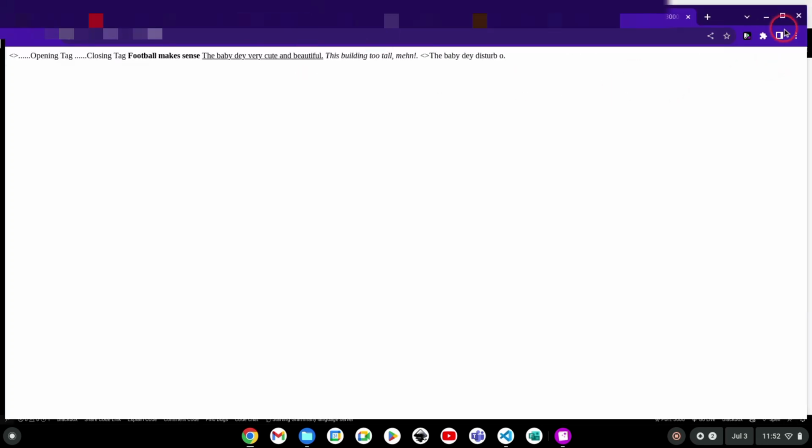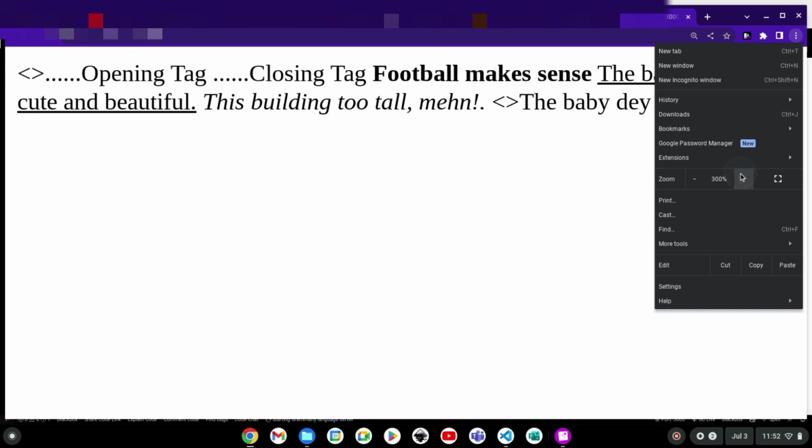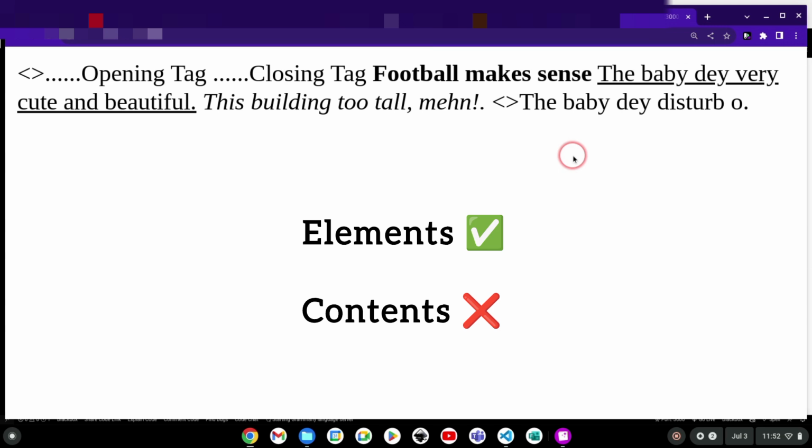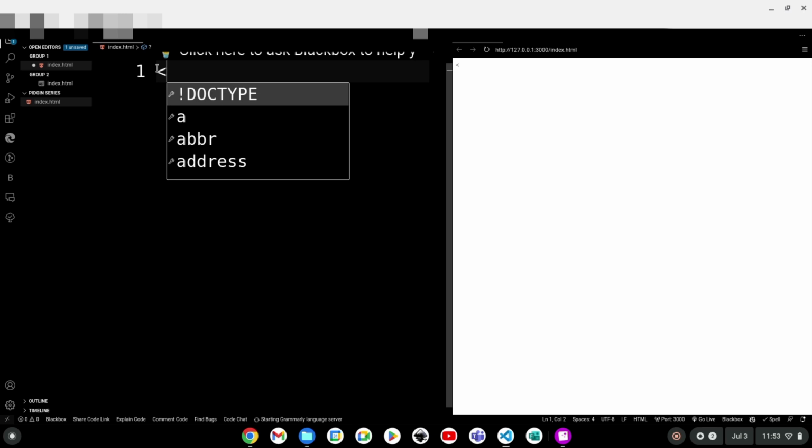I want you to also note that not every element has closing tags or content. We call these ones void or empty elements. You will see why. The first element that you must write is this code: